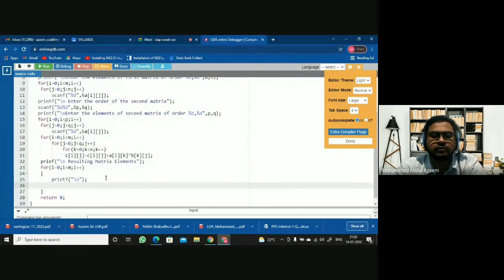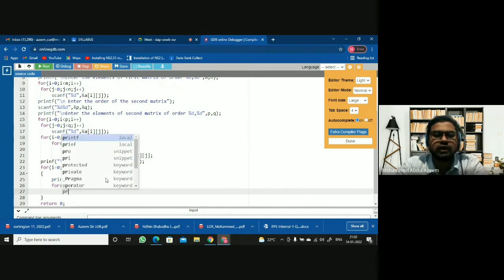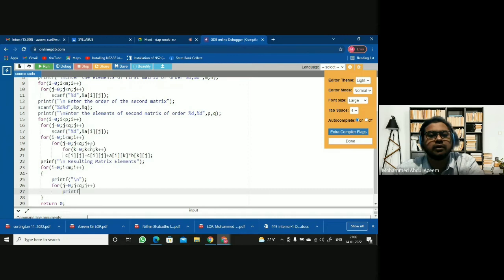And then for j equal to 0, j less than, what will be the order of the resulting matrix? It is m by q, so it should be restricted with m and q, right? Q, j plus plus. Here now you are going to print the element, right?